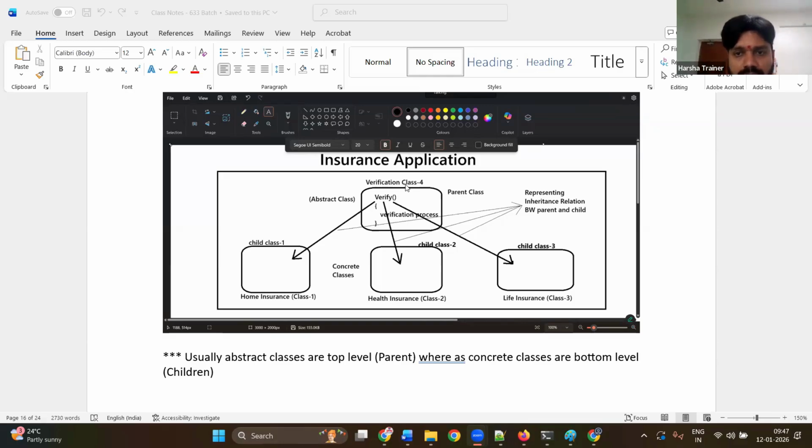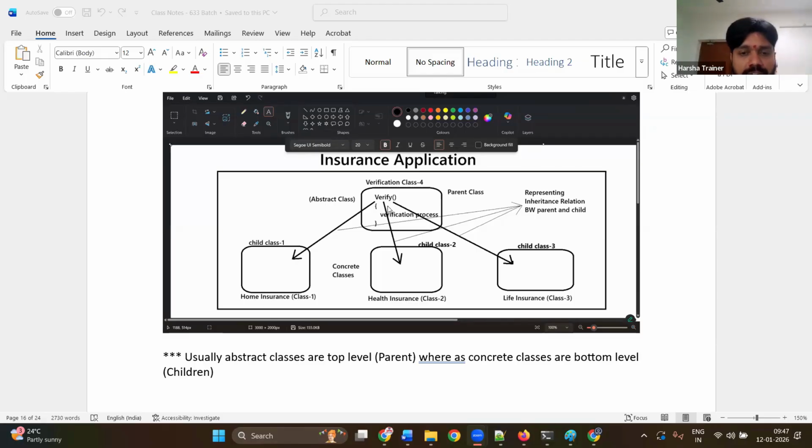Online students, are you clear with this? Yes. So the verification department is a common department serving these three departments, so it will come in the inheritance at the higher level.